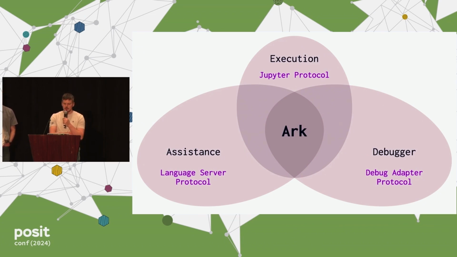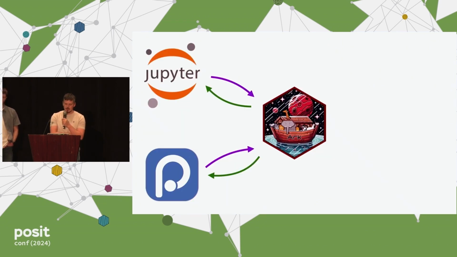And so that's the great thing about using these standards, is that the functionality is not locked in. So you can be a Jupyter notebook user and use Ark and benefit from all this functionality in the same way that Positron users are. And so on a personal note, when I learned that Positron would implement R support in this way, I was super excited. Because despite having worked for RStudio, now Posit, for a long time,